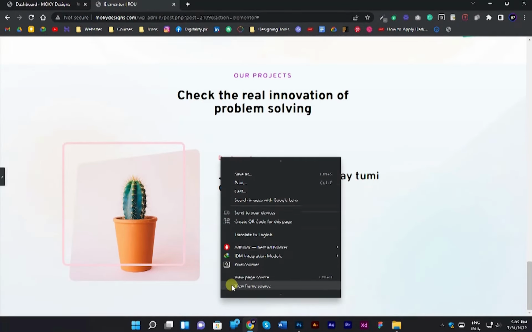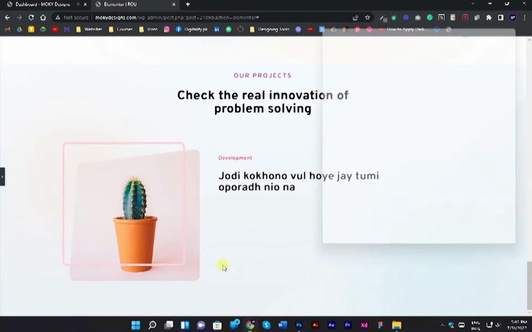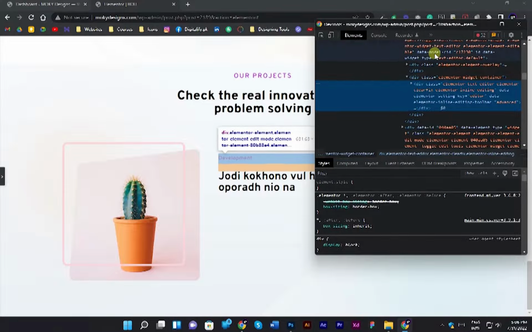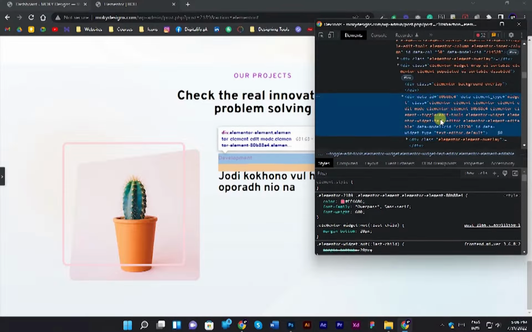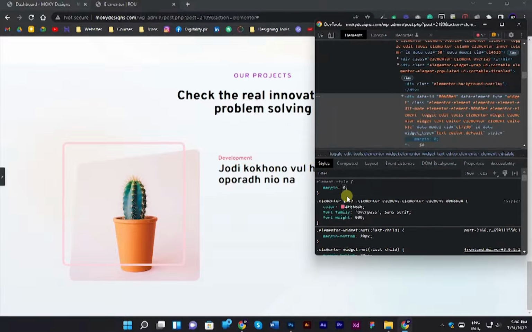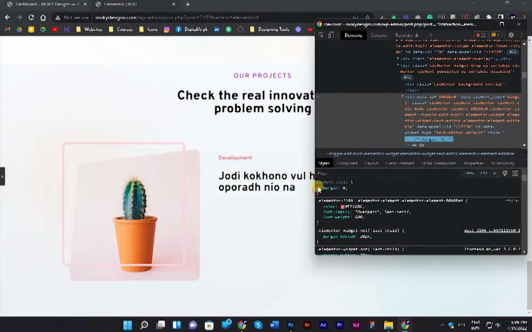Right click on the text and click on inspect. Over on the div tag, you can see the yellow margin under the blue color. If we add a margin equal to 0, the gap will be removed. So we will add this code in the custom CSS of the text. So copy these classes,